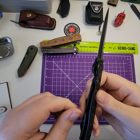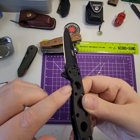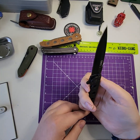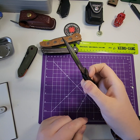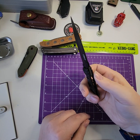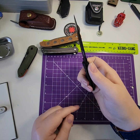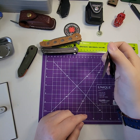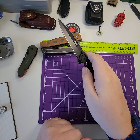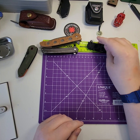There is a slight, I'm not sure if I can show this on camera here, but right here there is a slight divot or indentation. But typically how I think it's supposed to be used is it's supposed to be closed using your index finger. Because if you're holding the blade right and go to close it, if I put my index finger right here, it really slots in there really easy, and then just pull out, and it disengages the blade. You can do it like this with your thumb, but it's just not as easy. So yeah, that is the M16